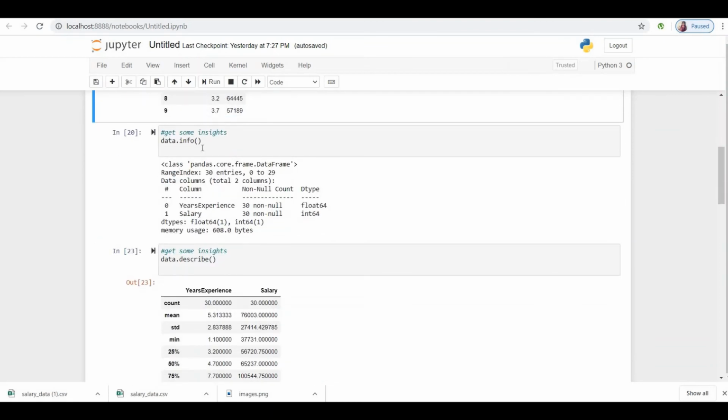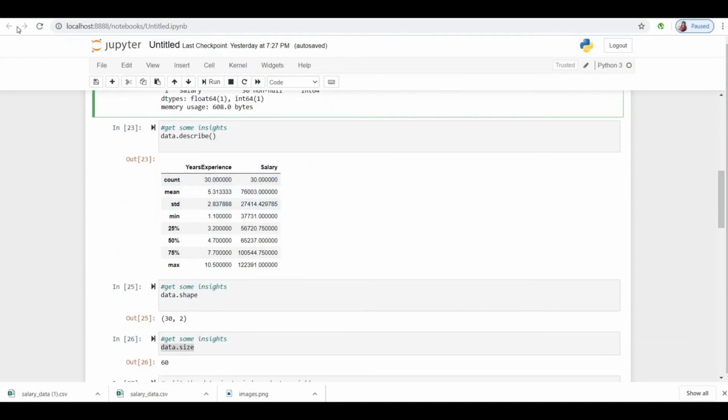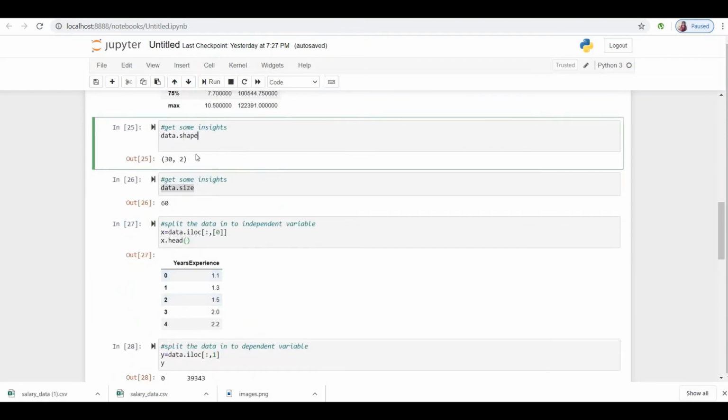Then we used the info method to get the data types and columns. Then we used the describe function to get values like total count, mean of the particular column, 75%, 50%, and maximum value. Then we used the shape method to know the shape, and the size method to know the total number of values present in the dataset.